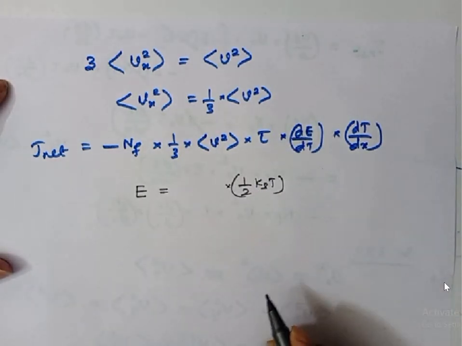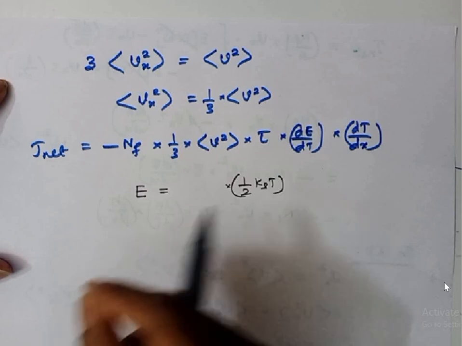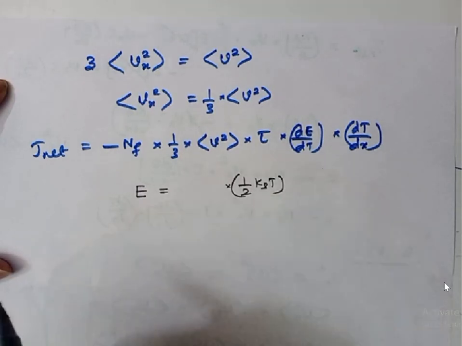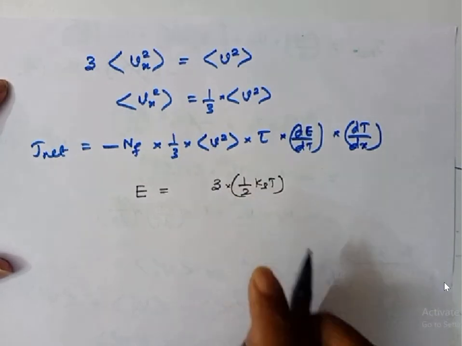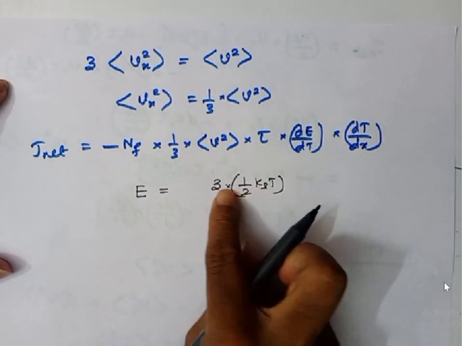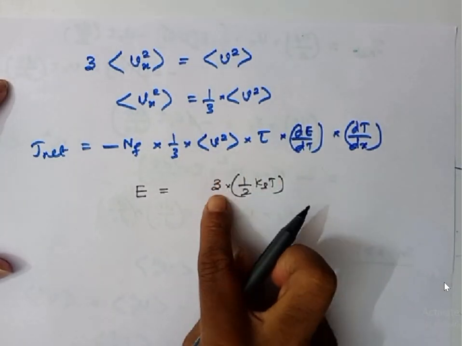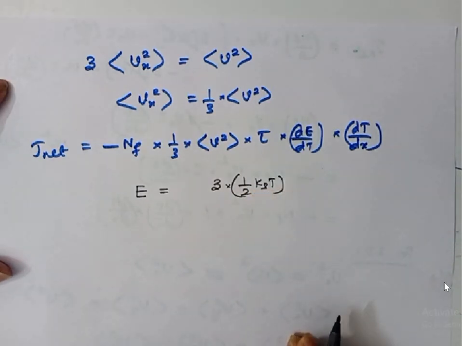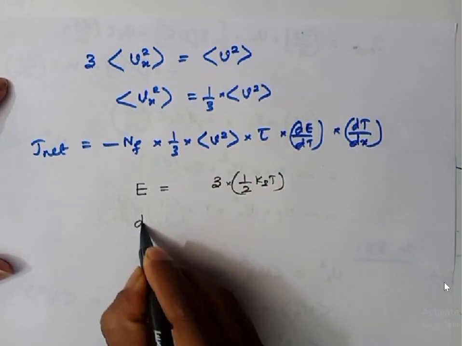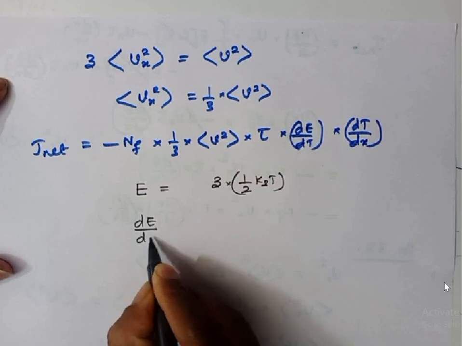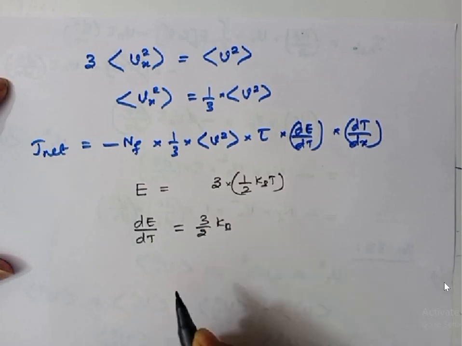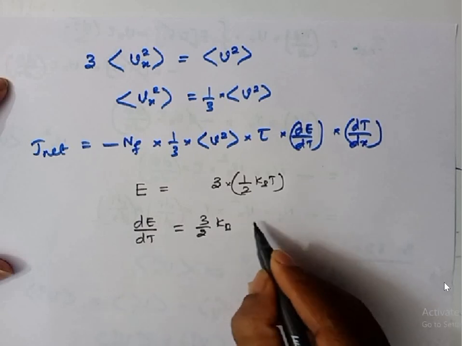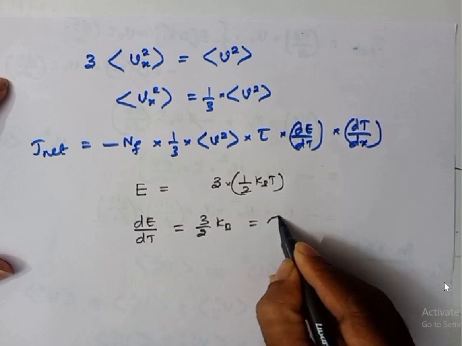Free electrons can move in all directions. Therefore, each free electron possesses 3 translational degrees of freedom. Therefore, the energy is 3 into half kBT. If I differentiate this with respect to temperature, dE by dT equals 3 by 2 into kB. What is this? This is nothing but, let me write this as c_V